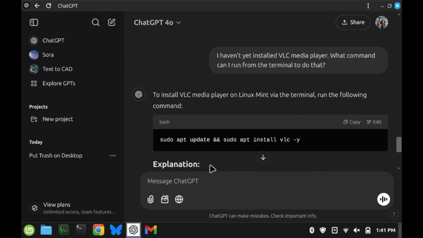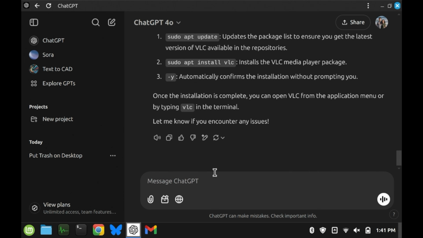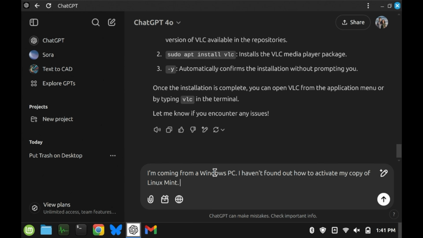Basically, you're protecting yourself by having it explain those commands so that you know what's happening, and also so that if it happens to have hallucinated a command that doesn't exist, you can kind of see what that is. But not only can it tell you commands of how to install certain things, but for the people that are moving from Windows over to Linux and they're very used to doing something a specific way, even if it's something as simple as changing the screen resolution, changing wallpapers,